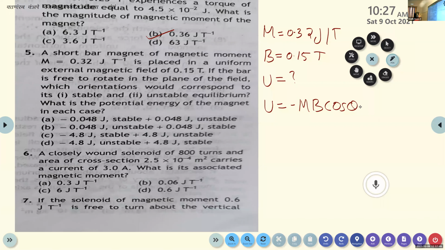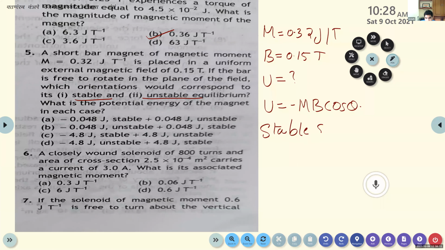And here we want to calculate the potential energy for a stable state and unstable state. What about the stable state? Which angle is said to be stable? It is equal to pi by 2. So U is equal to, for the stable state, the equation becomes